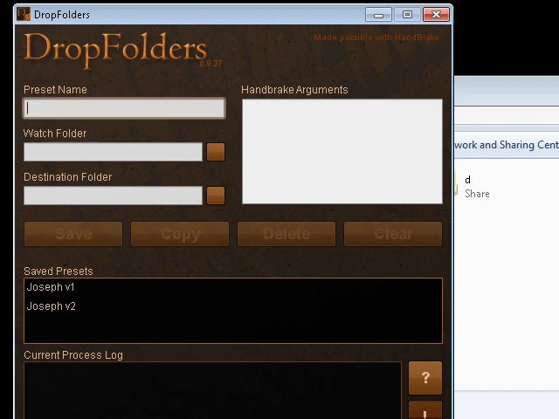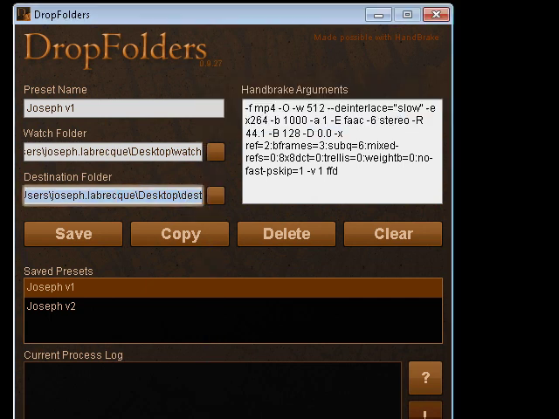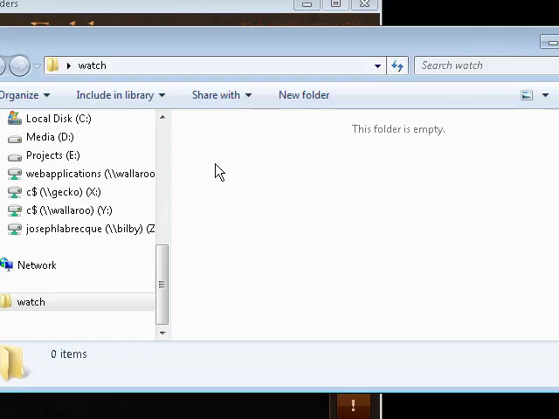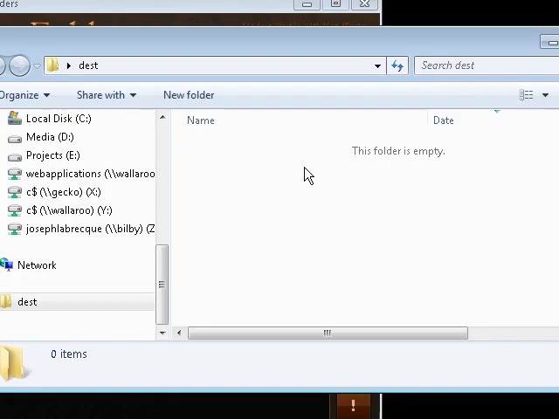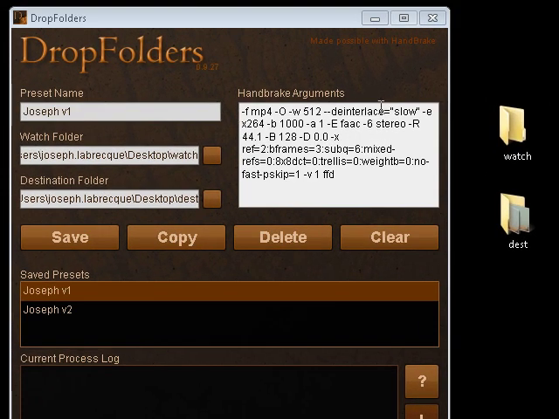So you can see here I've got two different presets set up. And this first preset, V1, points to a watch folder on my desktop, and a destination folder on my desktop. And my watch folder is right here, and here's my destination folder. So if I open up the watch folder, you can see there's nothing in there. Destination folder, likewise, nothing in there. And then I've got some arguments that I pass in here for